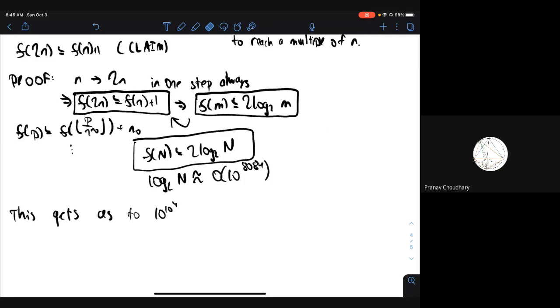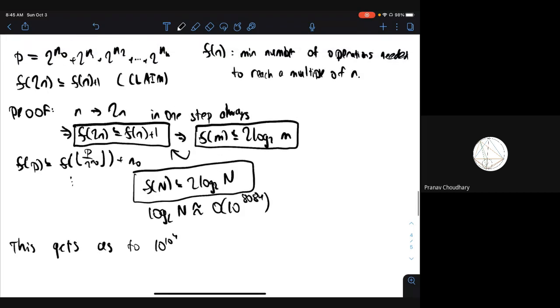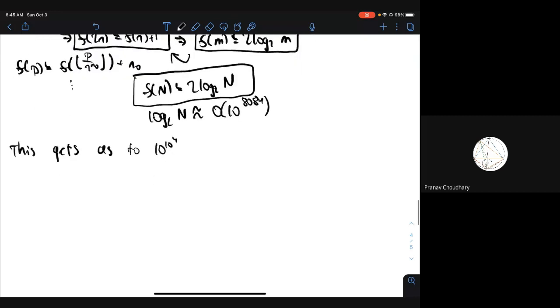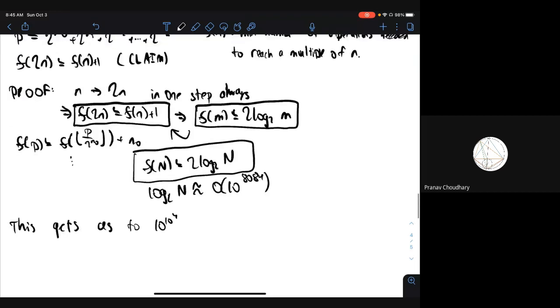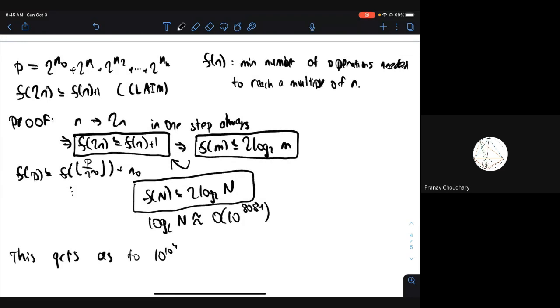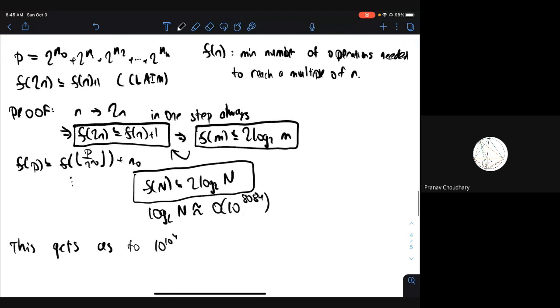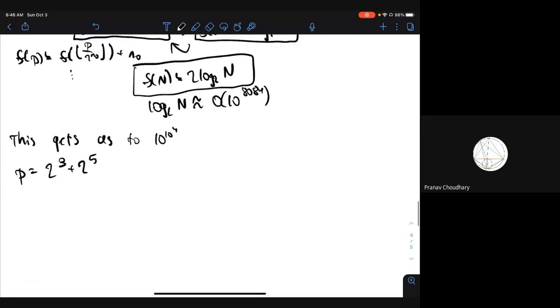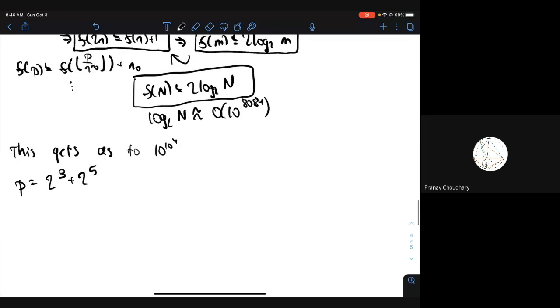Like, okay, if we just look at this f of 2n less than or equal to f of n plus 1, then the idea is I'll just write down the algorithm for you. I'll show you how this double step will imply that we can get into 2 log 2 m steps. So let's just take p equals 2 to the 3. Actually, it's not even prime, but it doesn't really matter because the algorithm is the same. So 2 to the 3 plus 2 to the 5th. What we'll do is,